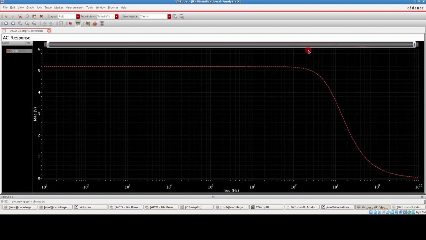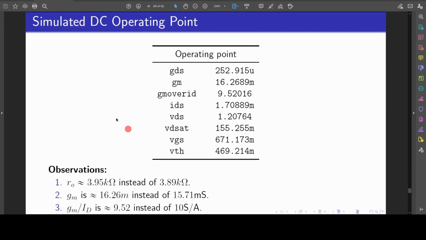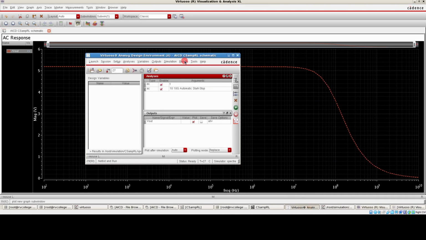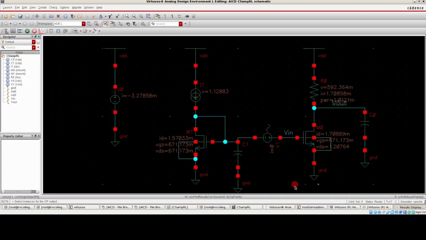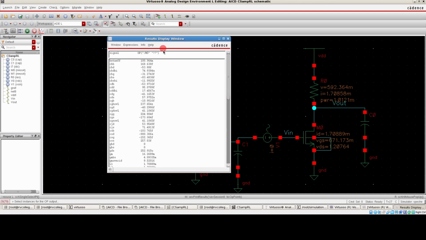So with this, we can complete the design, and I also wanted to show you how exactly to get the value that I have reflected in these operating conditions, right? So for this, what we have to do next is to go to ADE, click on result, go to print option, and then select the DC operating point. The moment you click on this select DC operating point, this particular window will automatically pop up, or you can just select this particular schematic window, and when you click on this transistor, you end up having this result.